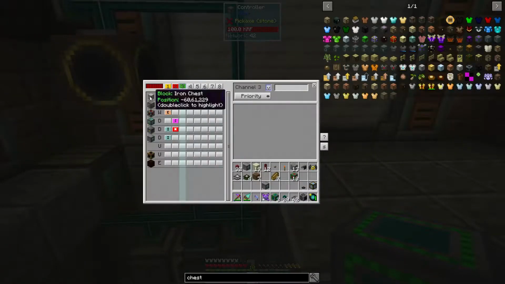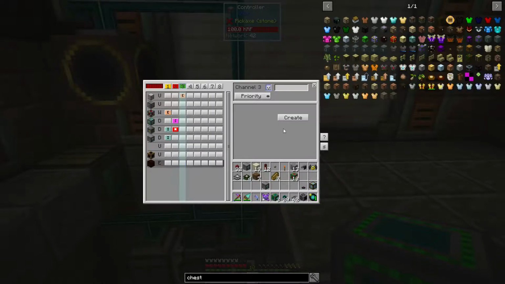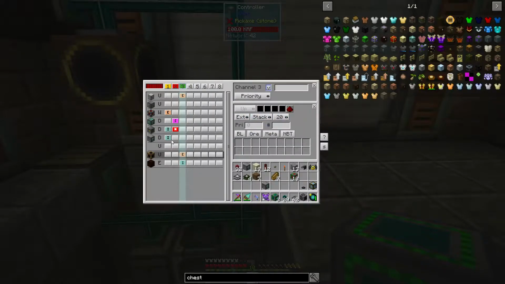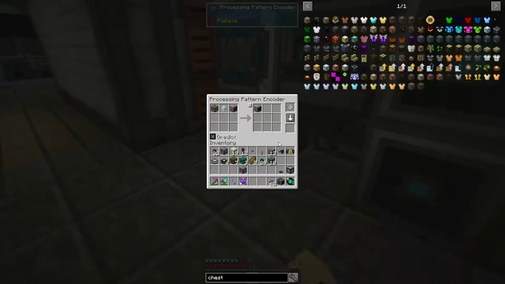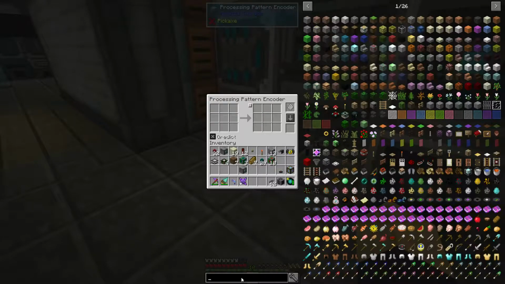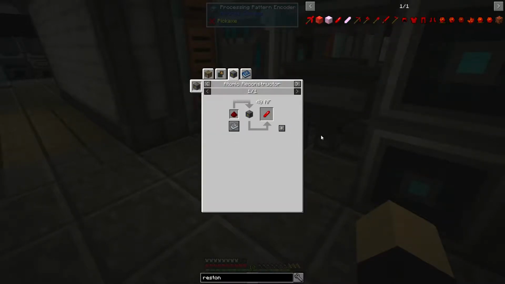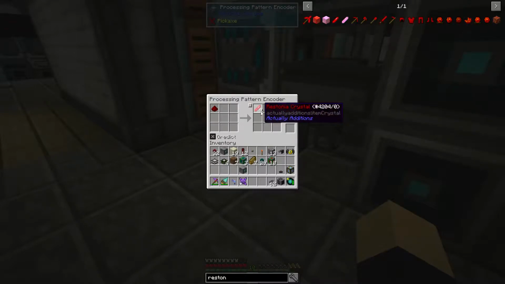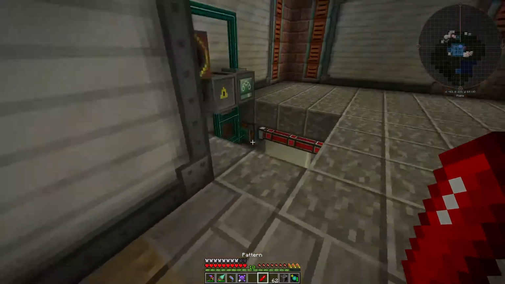Alright, so an item channel, extract a stack at a time, and throw in the open crate. And then extract a stack at a time and throw in the interface. So now let's say I want Restonia crystals. Let's just do a nice chunk at a time so it's not firing over and over again. Maybe not a whole stack at once, but...